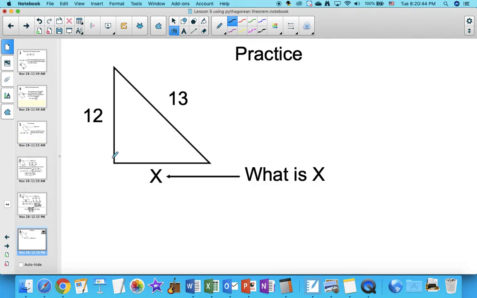So here we have a different question, right? Instead of not knowing the long side, we know the long side. The long side's 13, right? And this other side is 12. So we know the hypotenuse. I'm going to put h for hypotenuse. The h is 13. Well, again, our equation